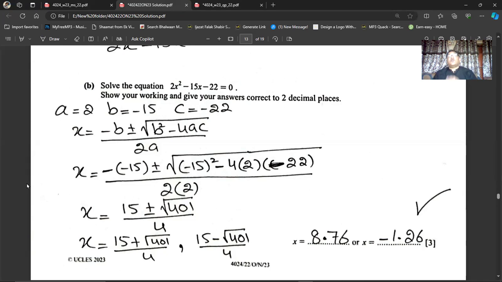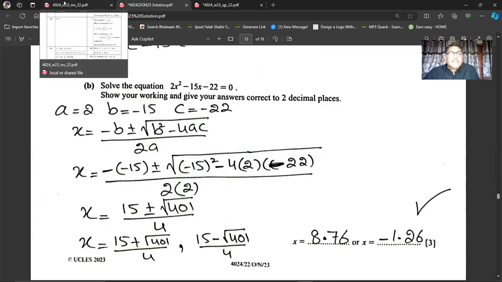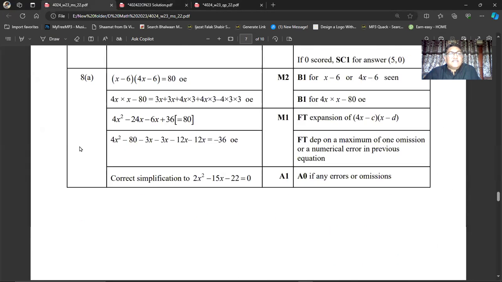So now there are two possibilities. In one possibility, you will write 15 plus square root of 401 divided by 4. And in the other situation, the x value is 15 minus square root of 401 and the whole thing divided by 4. When you enter them in your calculator, you will get 8.76 and the other value will be minus 1.26. So these are the two answers, 8.76